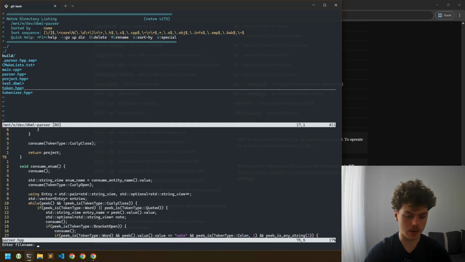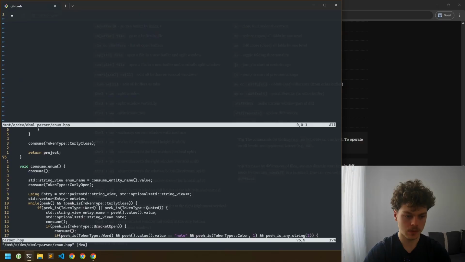Oh, we want a new file, which is enum. And here what we do also is define header, define guard. I don't remember how properly it's called. Parser enum. We just copy it now. Define now, and if